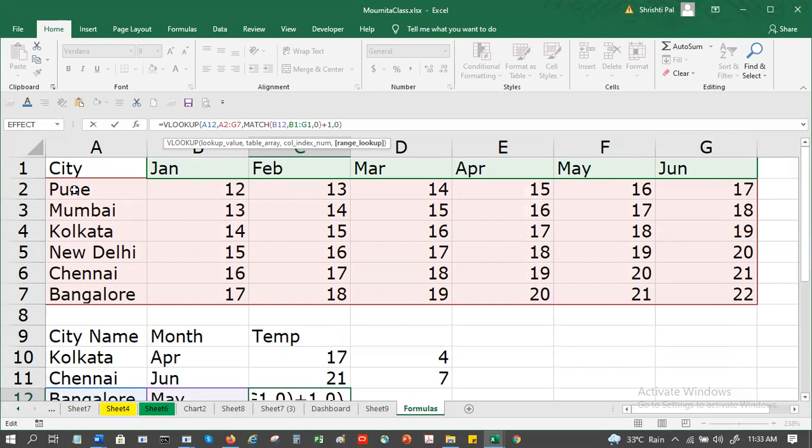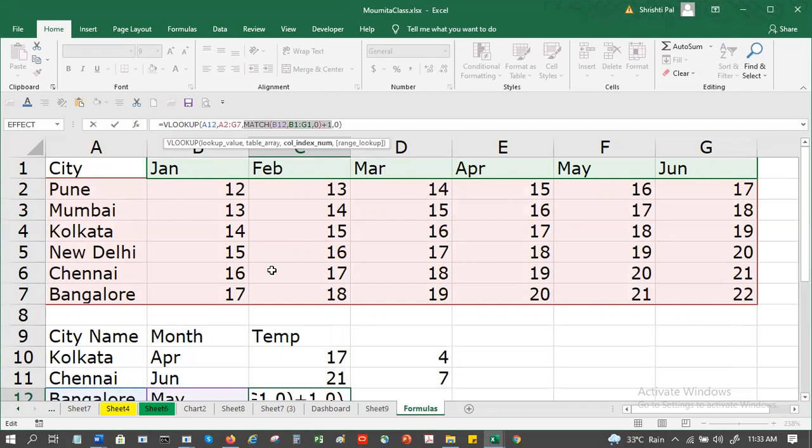So my February is column number 2. But in my pivot table, February is actually column number 3. So I need to bump it up by 1. That is what I am doing here. Because if it is not selected from column 1, I have to add 1.